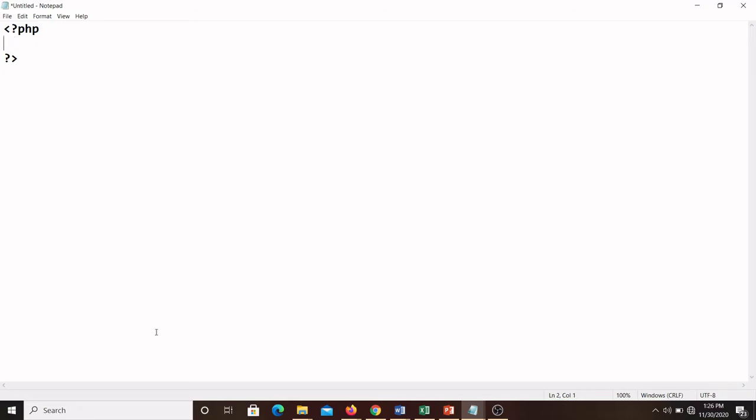Clear? One more thing, you already know PHP can be embedded along with HTML. So inside HTML also, wherever you want to put PHP, you have to write this part only. Here I will show only a normal PHP file. I want to display a message, so echo. This is again the shell command, and in the same way you can use the echo function. India is great country. Double quote, close it and put a semicolon.